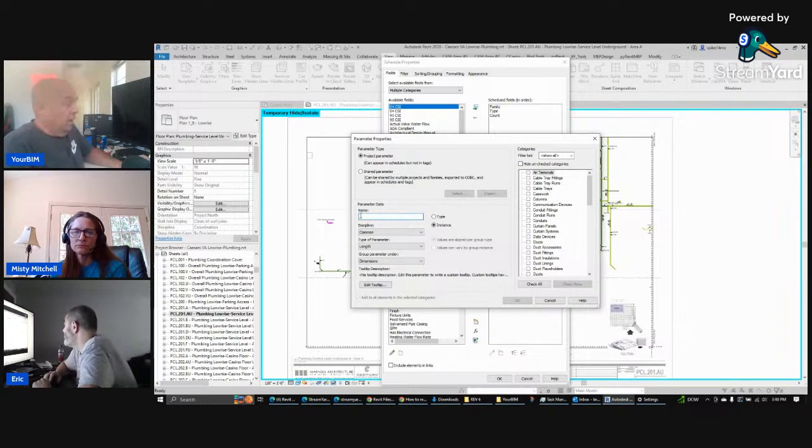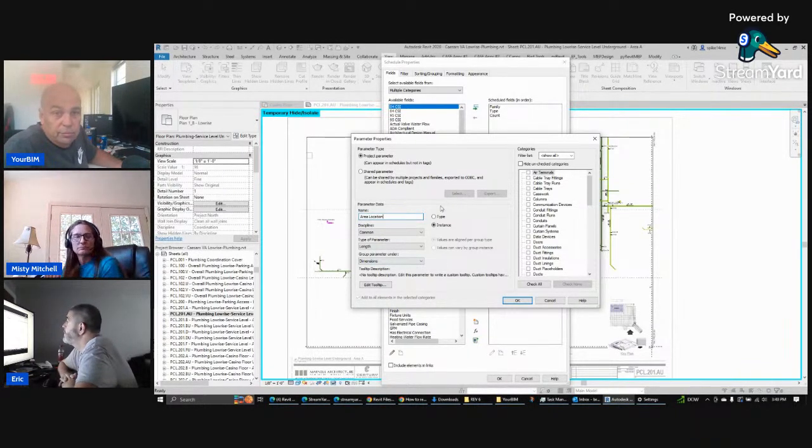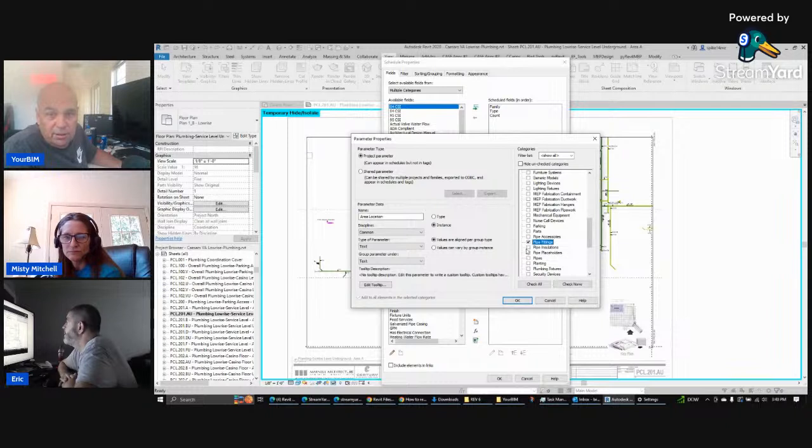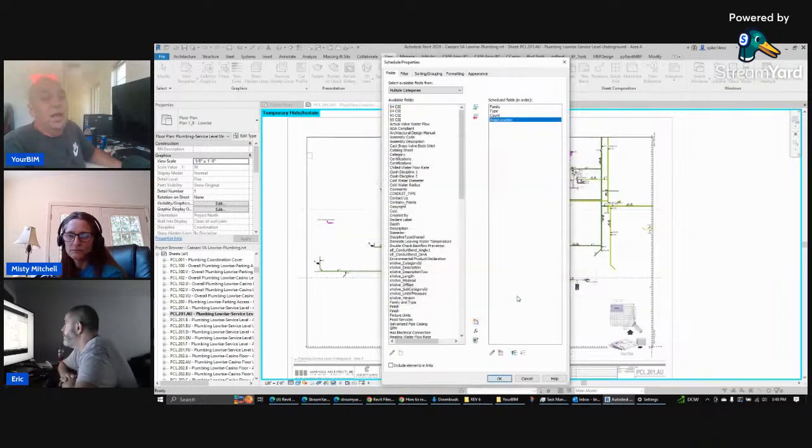Okay. And this is going to be the area location. And that'll be a type, and it'll be a text, and it will apply to pipe fittings, pipe accessories, and pipes. Now you might have duct accessories, you might have plumbing fixtures, whatever the heck it might be. But the idea is